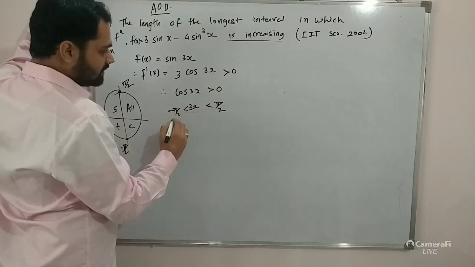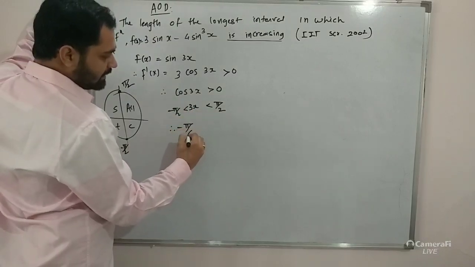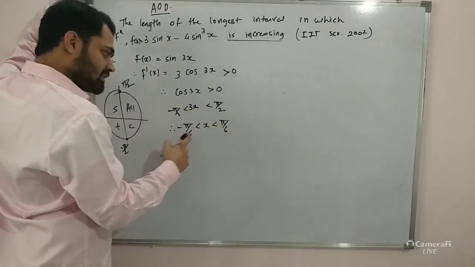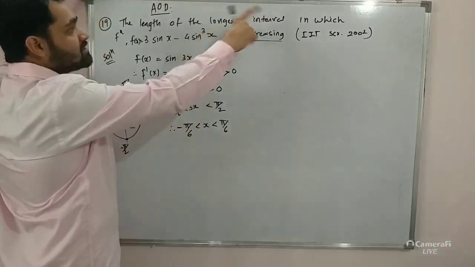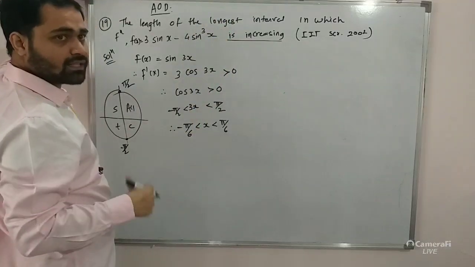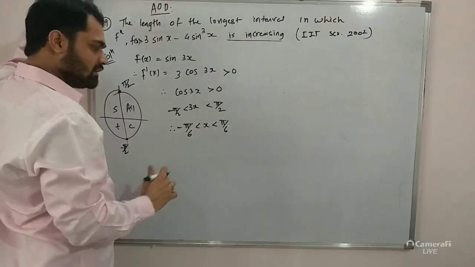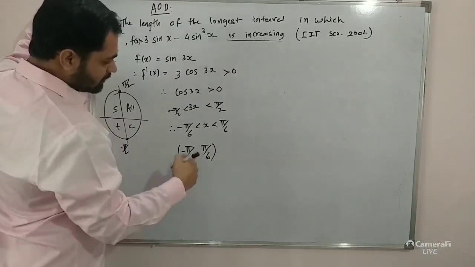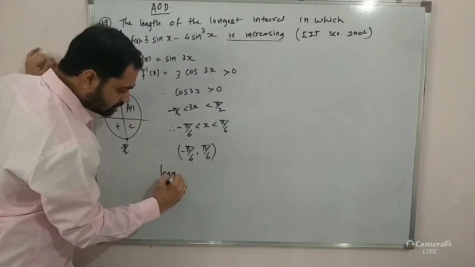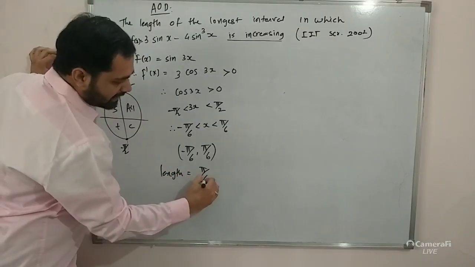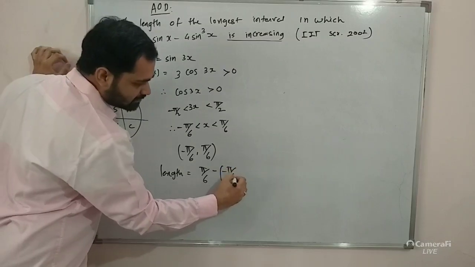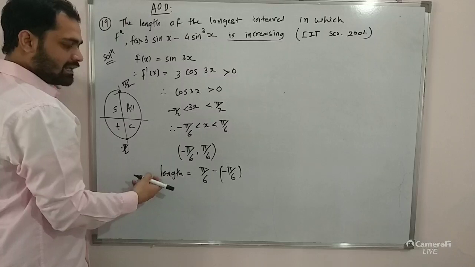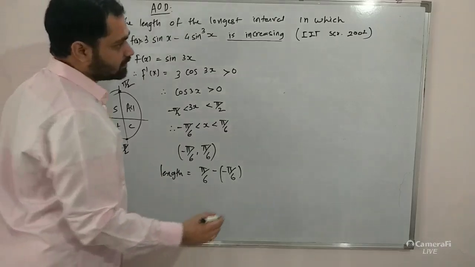अब देखो हम यहाँ पे क्या करेंगे, 3 से डिवाइड करेंगे तो क्या मिलेगा, -π/6 इज लेस देन x इज लेस देन π/6। अब देखो इसका इंटरवल हमें निकालना है, यानी कि लेंथ ऑफ द इंटरवल। लेंथ ऑफ द इंटरवल इज इक्वल टू, दिस इंटरवल इज नोन एज -π/6, π/6। अब व्हाट इज द लेंथ, लेंथ ऑफ द इंटरवल is equals to π/6 minus (-π/6), लार्जेस्ट वैल्यू में से स्मॉलेस्ट वैल्यू अगर सब्ट्रैक्ट करोगे तो क्या मिलेगा, लेंथ ऑफ द इंटरवल।